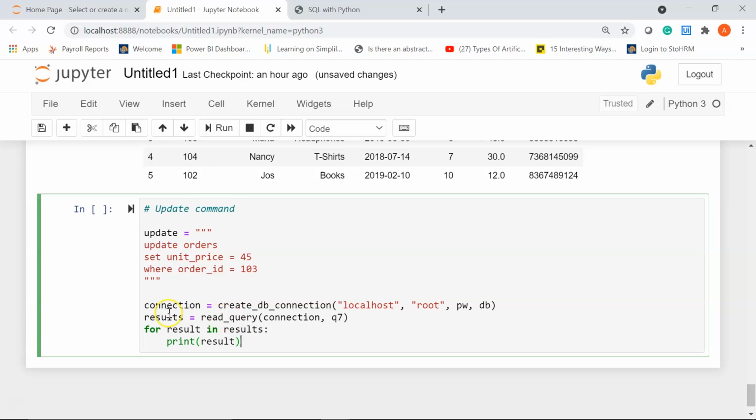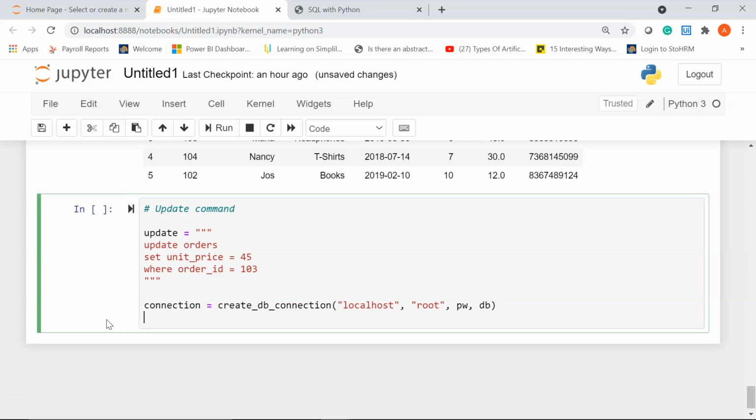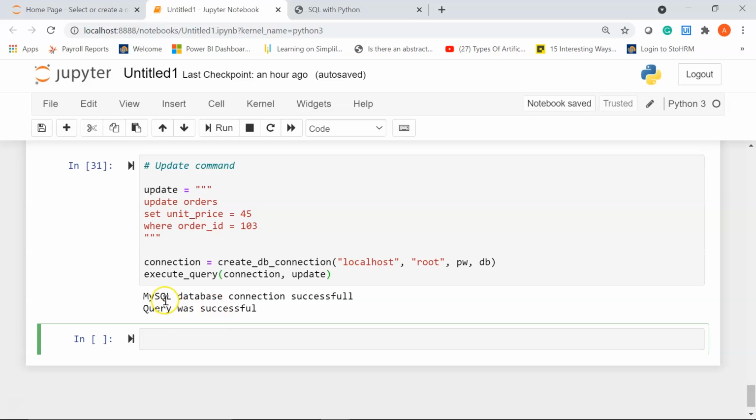Alright, I'll delete these 3 lines of code, and instead of that I'll put execute_query, and this will take in parameters as always, which is going to be connection followed by the variable name, that is update. Let's run it. You see here it says MySQL database connection successful, query was successful. Now you can recheck that.